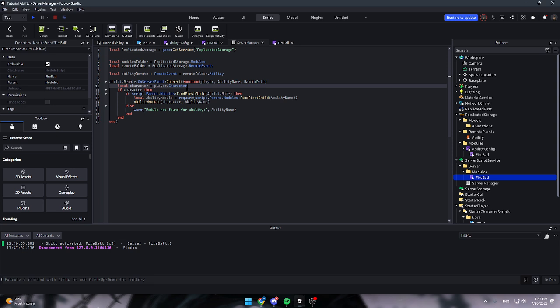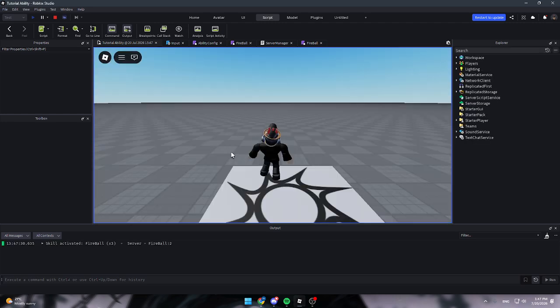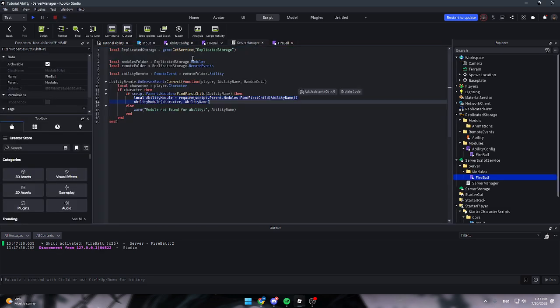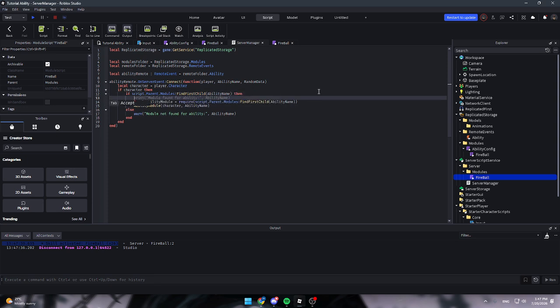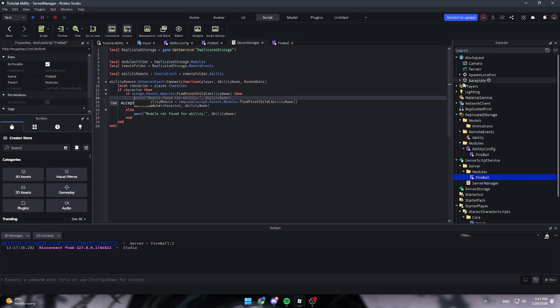And on the server, to actually implement the cooldown, because if we spam right now, it's going to spam unlimited times like that. Every time we press F, it's going to spam. So instead of doing that, what we're going to do is create a new folder called